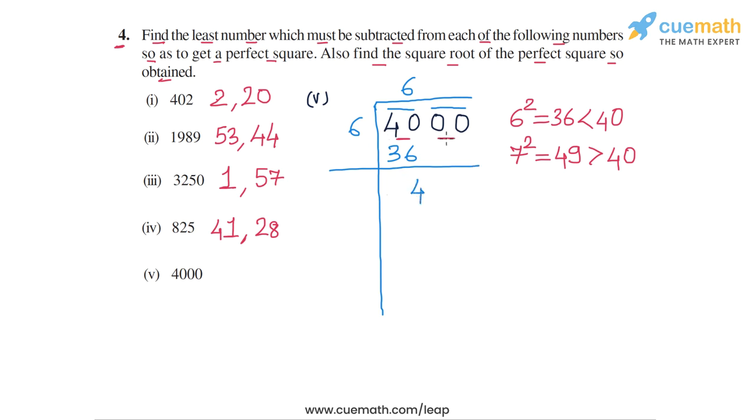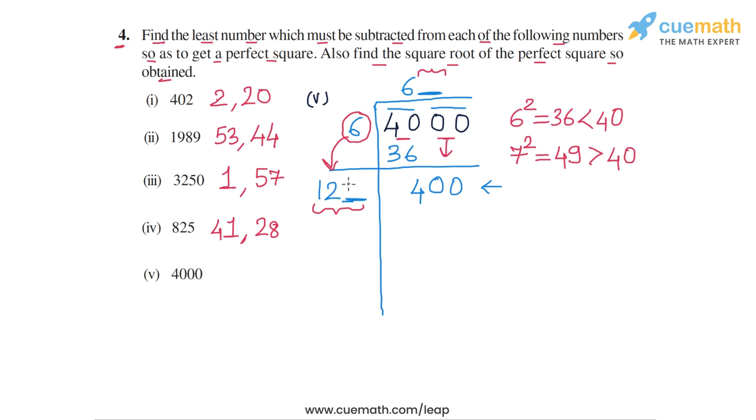And now we take these digits 00 and bring them down, and that gives us 400 as the dividend in the second step. What about the divisor in the second step? Well, we take this divisor from the first step, which is 6, we double it, and that gives us 12. And now we have to find the largest possible digit, which will go here, and it will also go here to the right of 12, such that the product of this number here and this digit here is less than or equal to 400. And that largest possible digit, you can verify it by a little bit of trial and error. You can find it.